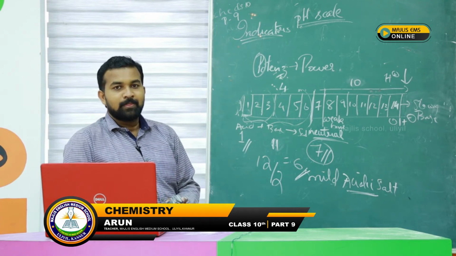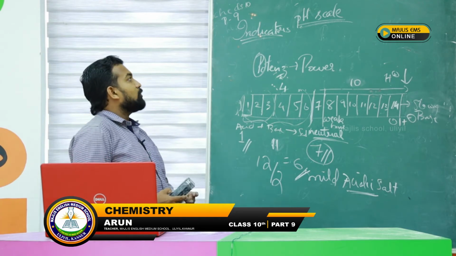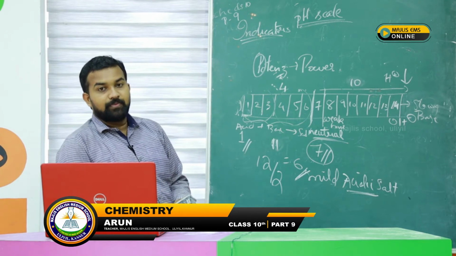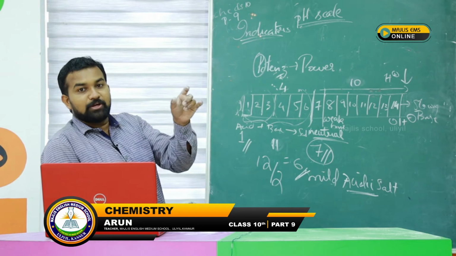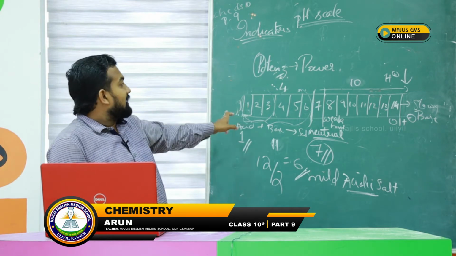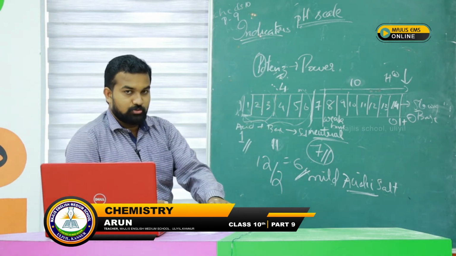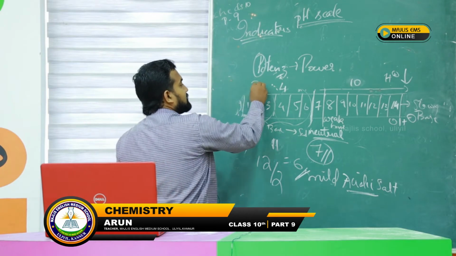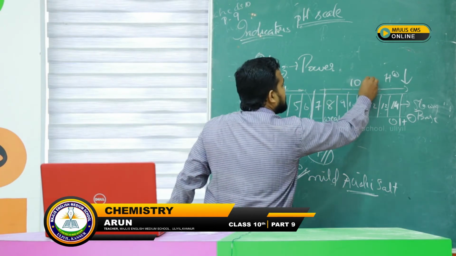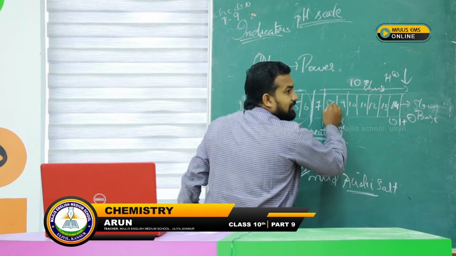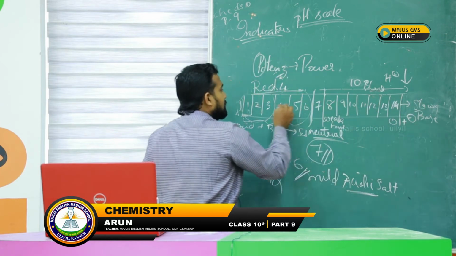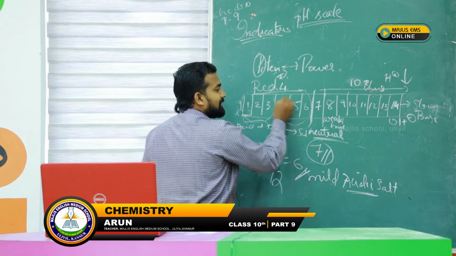Is that clear? Okay, so using this we will also have a universal indicator which is showing some colors. Using the pH scale 1, 2, 3, 4, the same, they will show a color code also. The universal indicator will show a color code. This is the red region, this is the blue region, and the shade will increase. The blue shade will get darker from here, the red shade will get lesser from here.